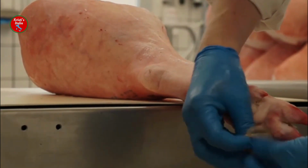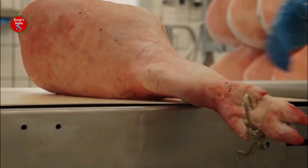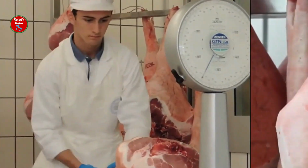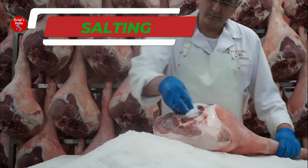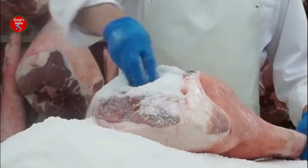The workers will then proceed to weigh each of the thighs and hang them in frames. Their arrangement will be based on their weight to make sure that there is a targeted processing. Second step, salting. When the previous step has been done and certain conditions of the meat are met, the workers